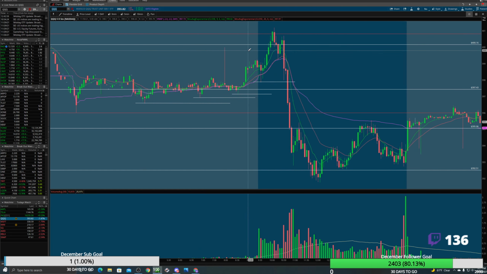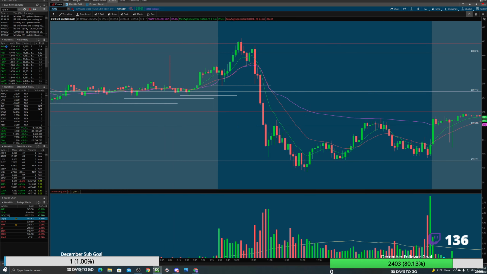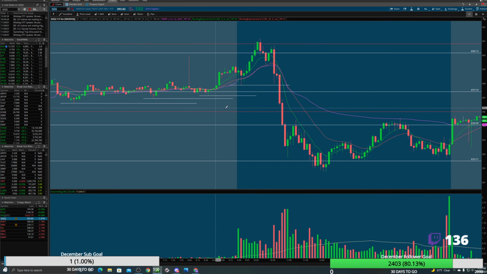Now, considering that Powell was speaking and talking about inflation and everything, this is what brought on this large move. I think he was talking about inflation is no longer transitory, which is really interesting. But that's how I'm really looking at open. Now, I talked about the potential to take calls on this push right there. But if we take a look,